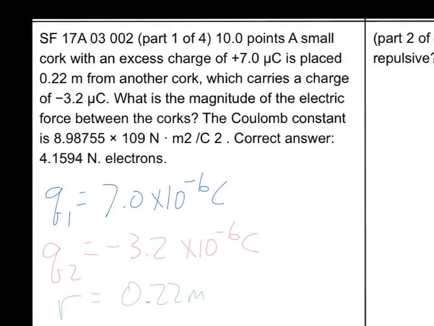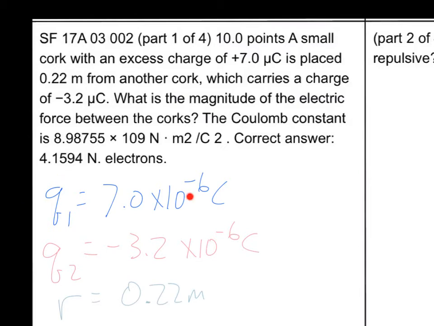All right, so now on this slide we're going to be looking at the one. This is part 1 of 4. We're going to be going over each individual problem, and then that should finish you up and get you through the quiz. All right, so when we see this problem, the first thing I wrote down was the charges and